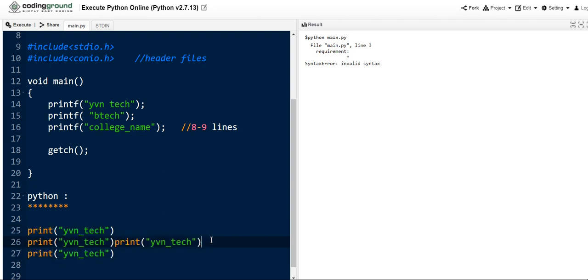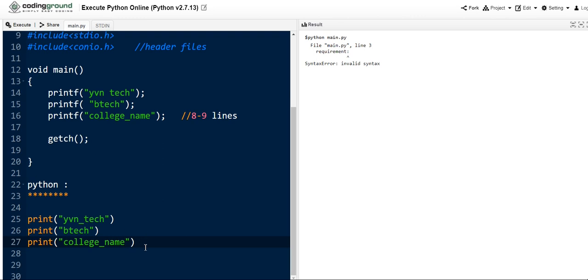In the second line we keep the qualification as BTech, and the third one is your college name. Here you need to write your college name. Now we are done with our requirement. In the first line we printed YB and Tech, which is the name, next line qualification, and in the next line the college name. Now we are done with the Python code.